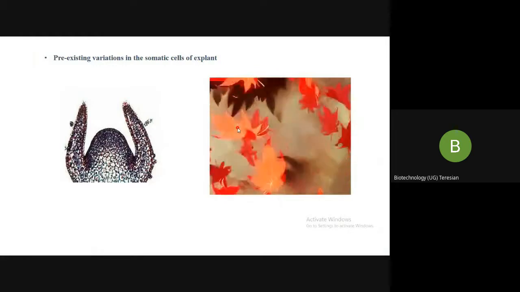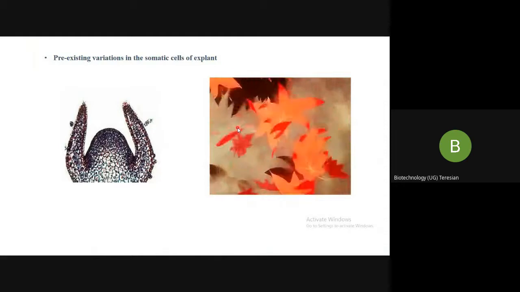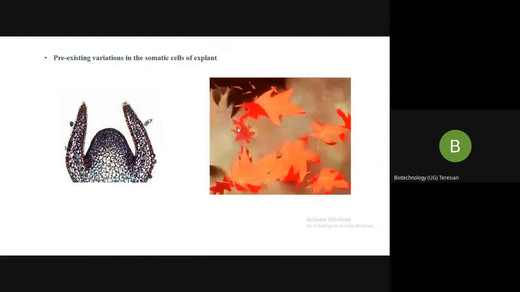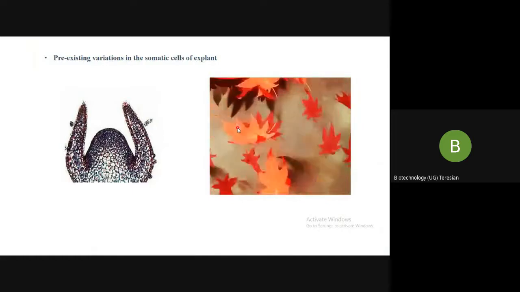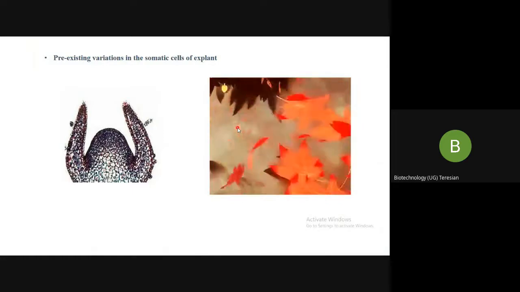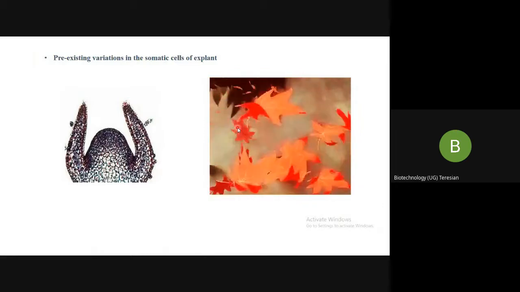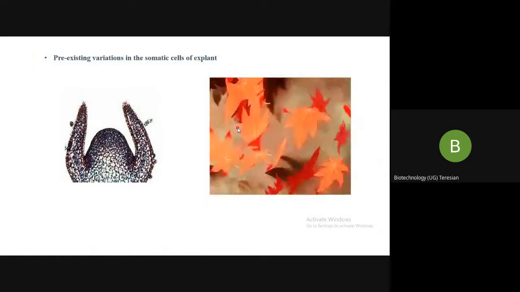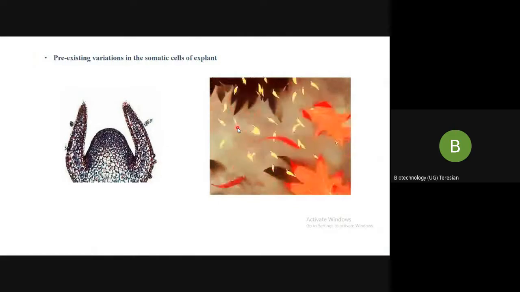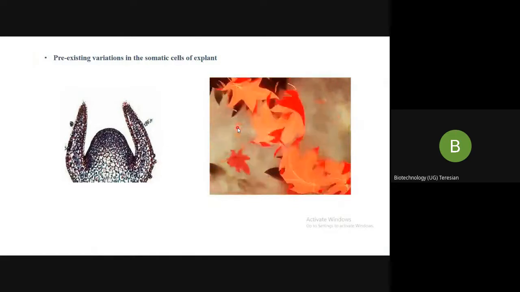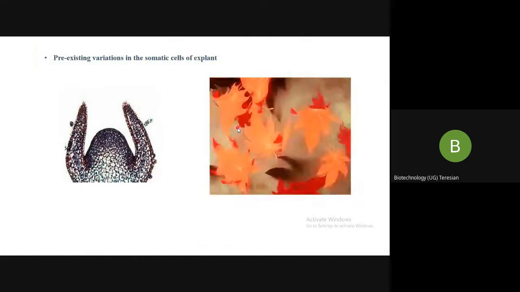Now this word endoreduplication should strike you as something which you have studied in genetics. Anyhow, remember that endoreduplication means an extra round of DNA synthesis which happens. These are happening in the specialized cells, this duplication and endoreduplication, and that is why it is causing them to be specialized.